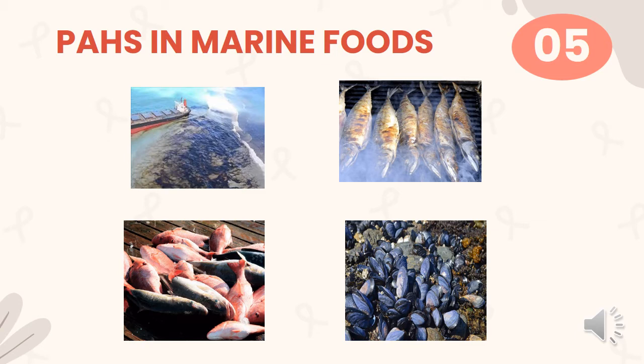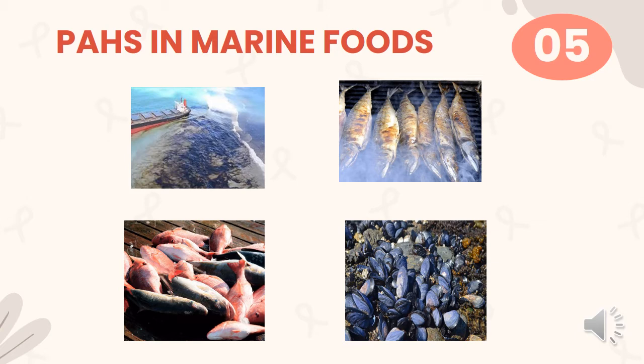PAHs are also important components of crude oil and can contaminate the marine environment. Once in the aquatic environment, PAHs can be metabolized by vertebrates but not by bivalves, and these substances accumulate in bivalve tissues. PAHs are found in substantial quantities in some foods depending on the mode of cooking, preservation, and storage. Although for most people fish and seafood represent only a small part of the total diet, the contribution of this food group to the daily intake of PAHs in some individuals is comparatively important.